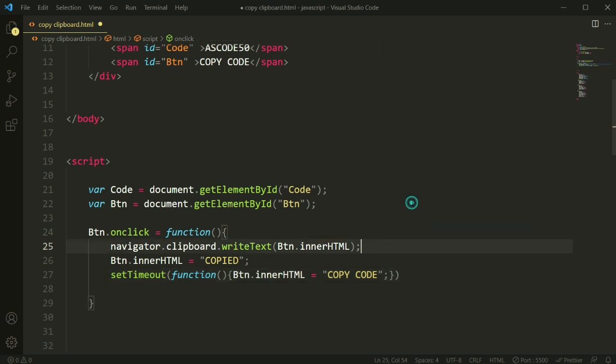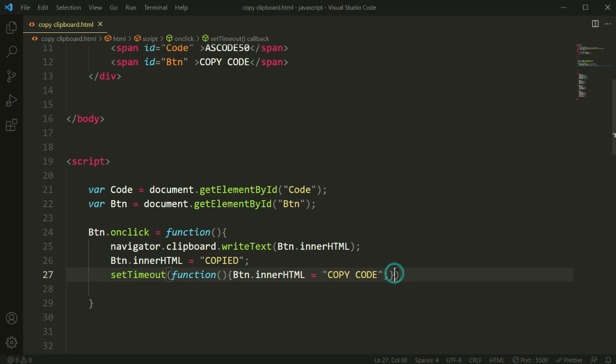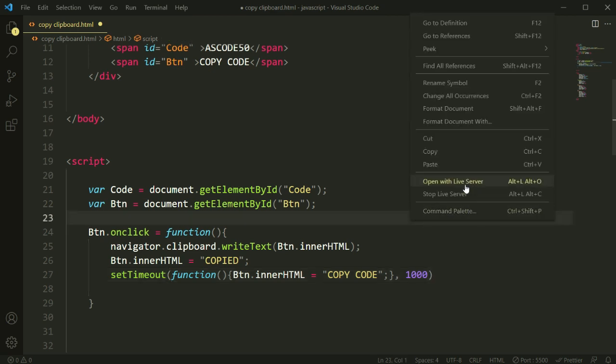And after placing that, it should change after some time. So first of all, let me show how it's working. When we click on it, it was very fast. You can see that it was changing very fast. So now we'll make some delay after this function. Here I'm going to make it 1000 milliseconds, so that after 1000 milliseconds, which is equal to 1 second, it should be replaced. You can see that it shows copied, and after 1 second it was replaced.